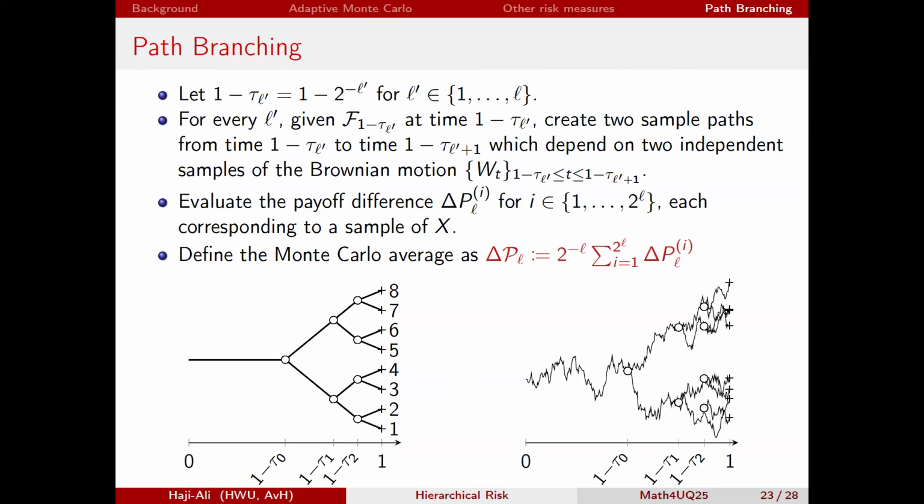But for each Brownian motion, I can compute the difference, delta PL, of this difference of indicators. And for all of them, since they are all identically distributed, I can take the average. And I get my new estimator, delta PL, paragraphic PL. So now this estimator is approximating something, but it's unbiased. And now I just need to worry about what the variance is and the work that this estimator has.